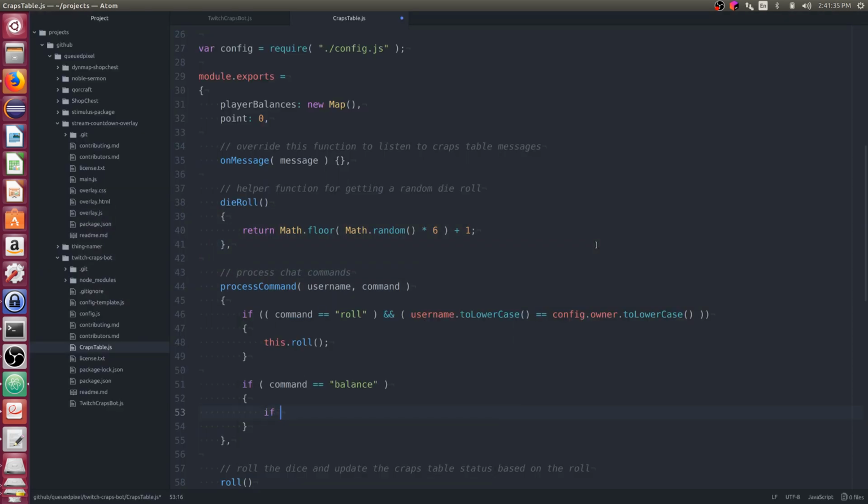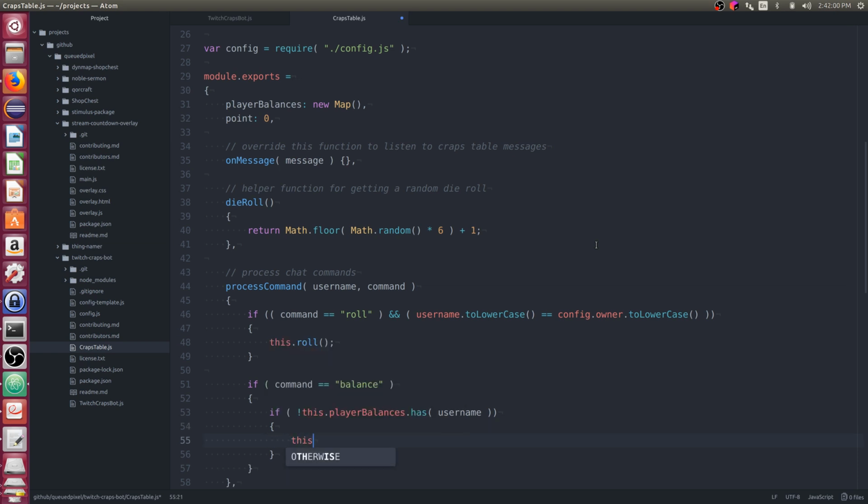So we can say if this dot player balances dot has username. Actually, let's go with not. If it doesn't have it, let's store it.